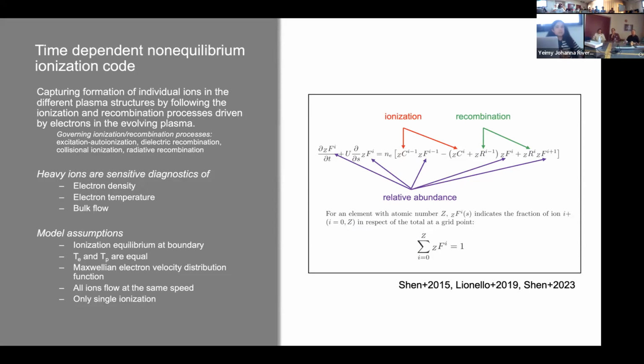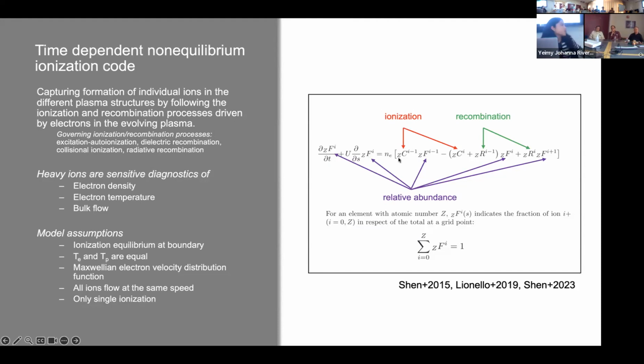In thermal equilibrium, in the sense that we're using that to then follow the evolution of the ions, but the ions themselves don't have to be in equilibrium because of the changing conditions. If you have a very steep gradient in temperature, density, and velocity, and in this case you have a very, very fast CME, you're pretty much going to be in that condition. I think it's pretty safe to say, and we do see that, which is why we need to follow.